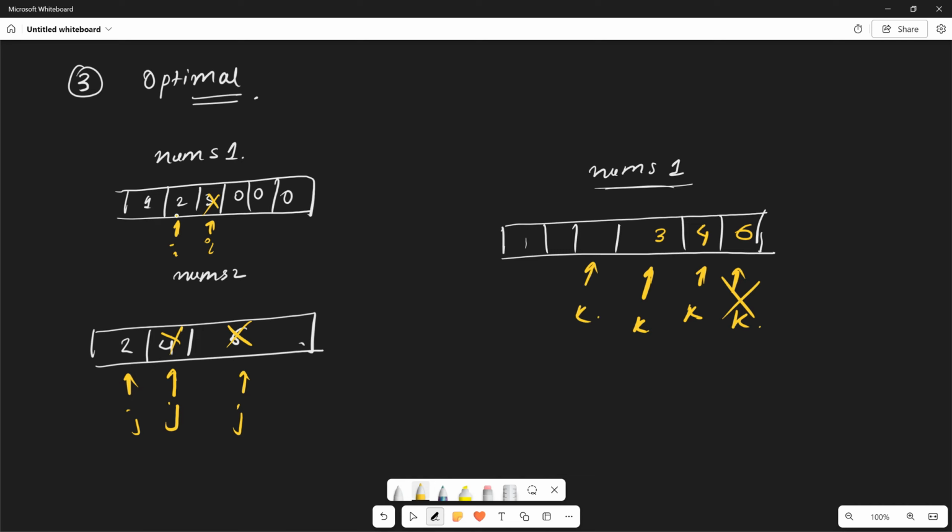So now we will compare 2 and 2, which is the higher value. Both are equal, so we can consider any one. I am going to consider this value of the nums2. So we are going to decrement this j, and now this 2 will be placed here, and the k will be here. Now the j is out of bounds, so we will stop the procedure here, and we will